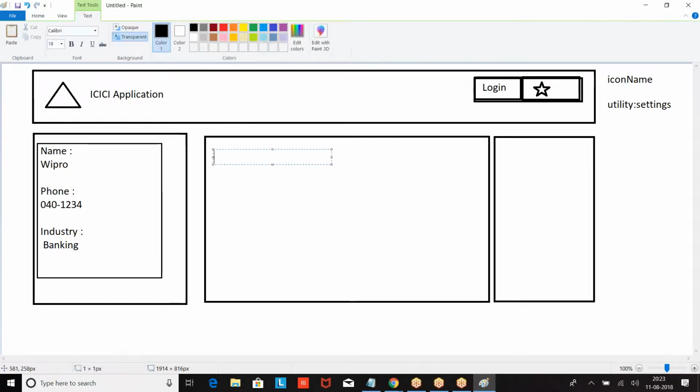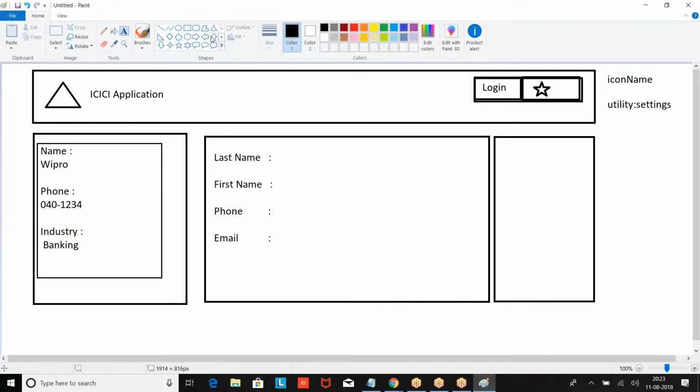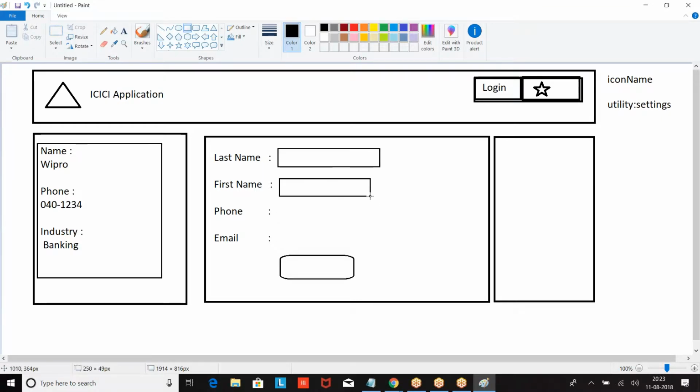Then here, contact record. This will not come in the structure actually. This will come in the form of